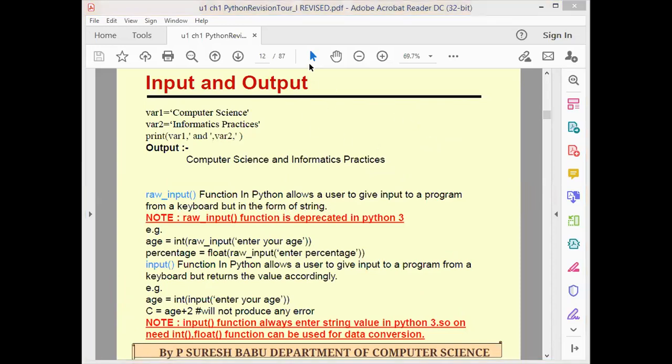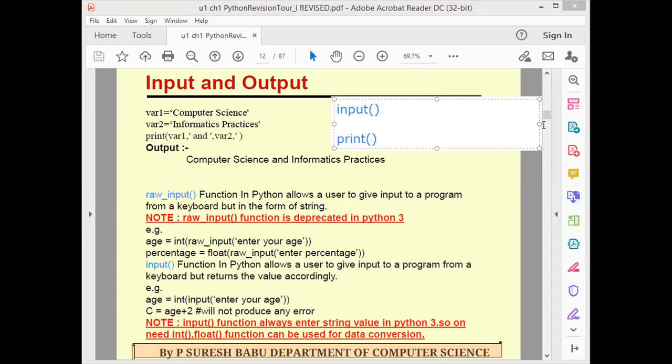We have two special functions for getting input and displaying output. For getting input, the function is input. For displaying the output, the function name is print. Whatever you give inside the print, it will display on the screen.